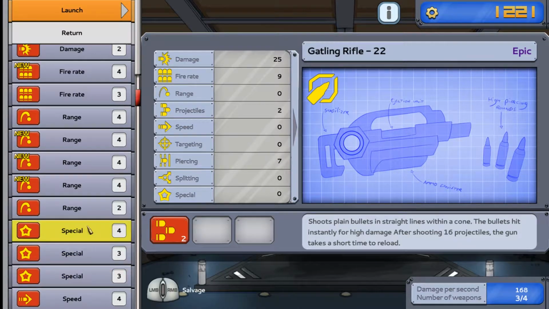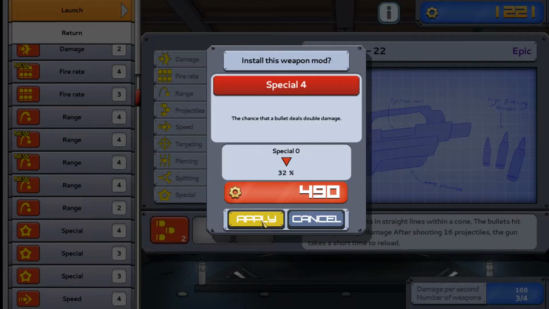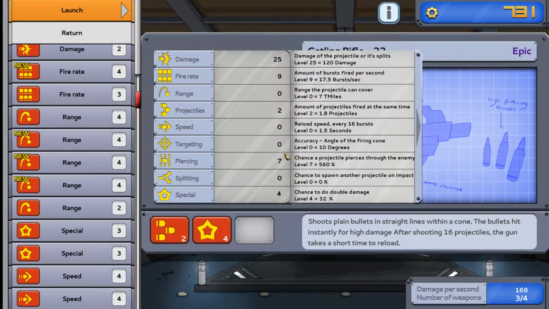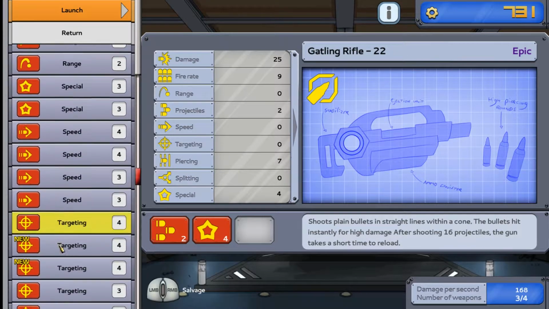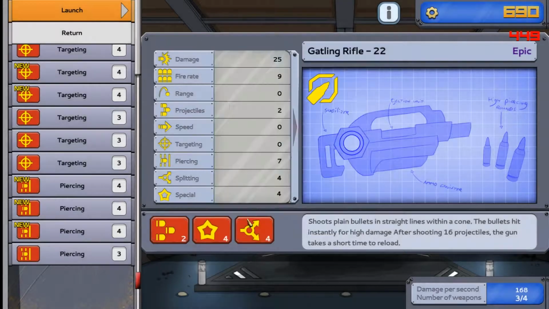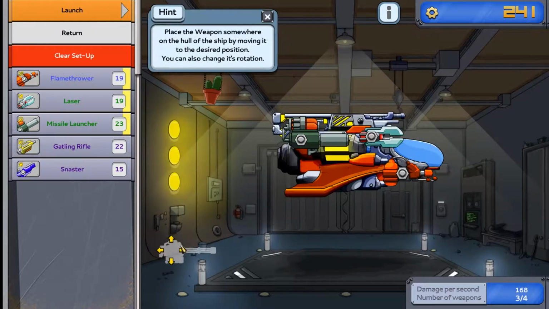That sounds nice. With such a high fire rate, obviously a high crit chance would be important. And let's see. To spawn another projectile on impact. Do I have any splitting? I do have one. Ooh, it's a level 4 one too. Sweet. 320% chance. So this is basically going to be a literal rain of bullets. Alright. Return, and let's slap this on my...